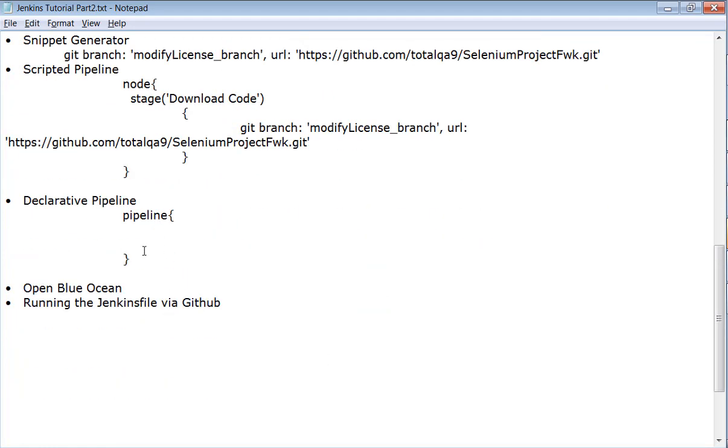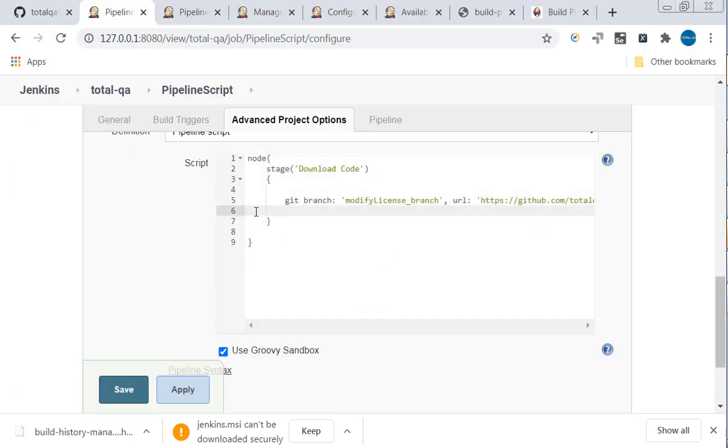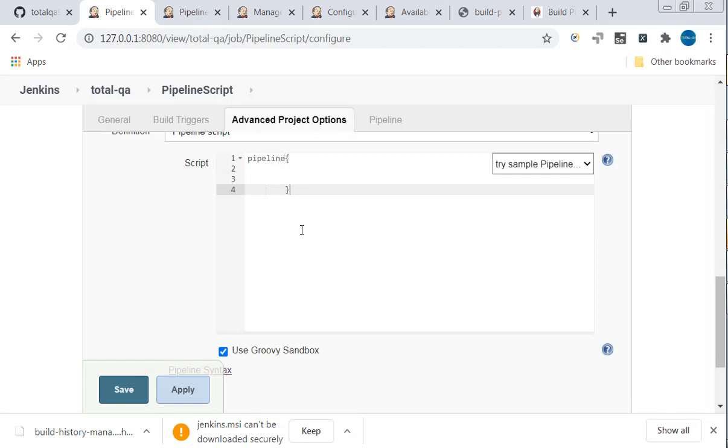Now coming to declarative pipeline, how are we going to write the script? Copy the same thing, the pipeline thing, go here, put it here. But under the pipeline thing, we have to say that we have to execute this pipeline on any machine. Especially we can execute this script on Docker. We can execute this script on any other machine also, on any node, but right now we are putting none. It means it will execute on this machine, or you can even put any machine available, you can try to execute.